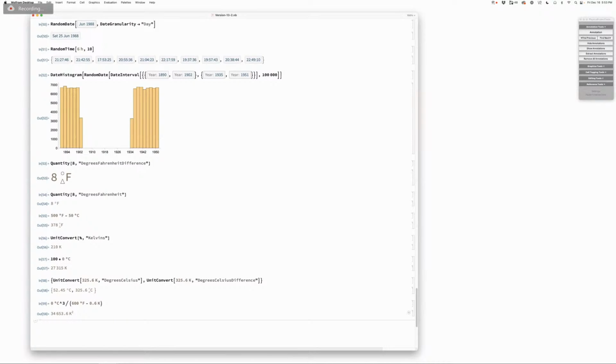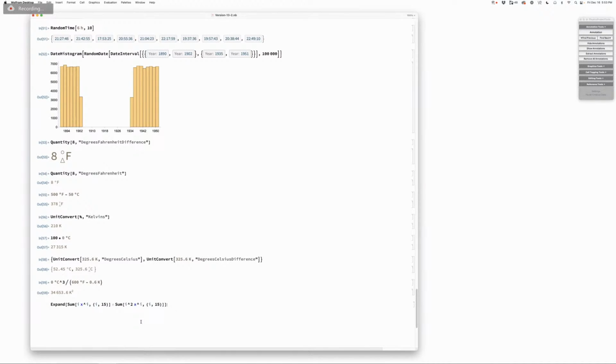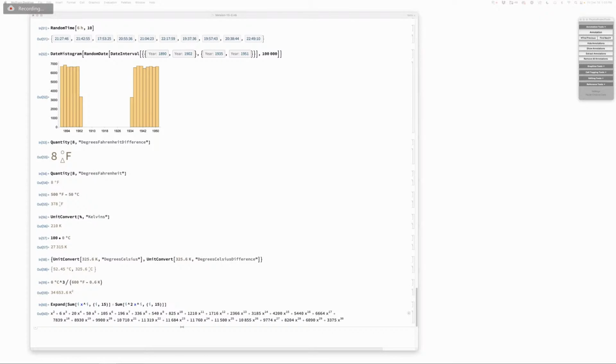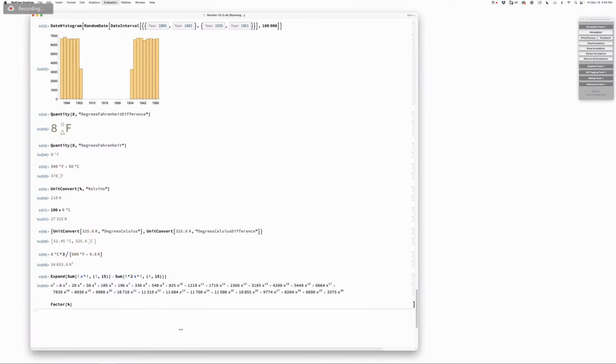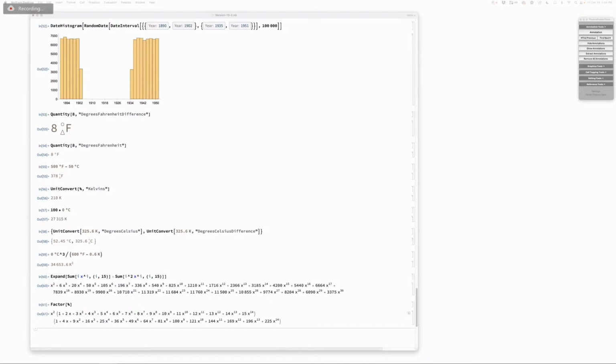All right, let's turn to a completely different topic. Let's talk about polynomials. We've had polynomials in Wolfram Language since version 1, and you can always do computations with polynomials. Here's a typical polynomial operation. We can do polynomial factoring, and we've been able to do this pretty efficiently ever since version 1. But